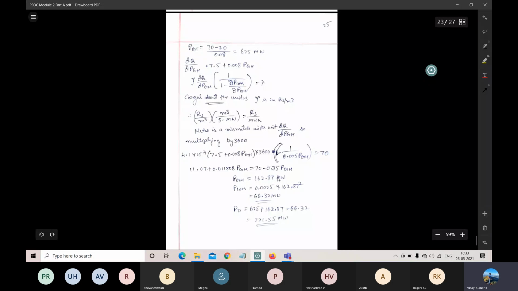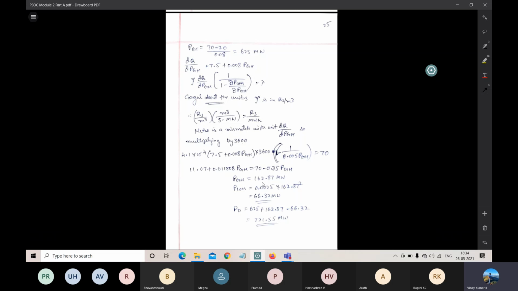Here, what is he asked? He is asked to calculate power PGT, PGH, P losses and total demand. After solving the problem, just verify whether it satisfies the hydrothermal constraints. Is this solution satisfying the power balance equation? What does that mean? The generation should be equal to demand plus losses.